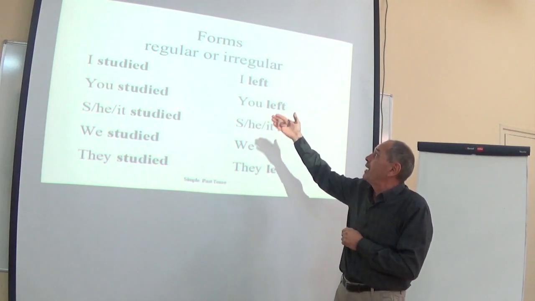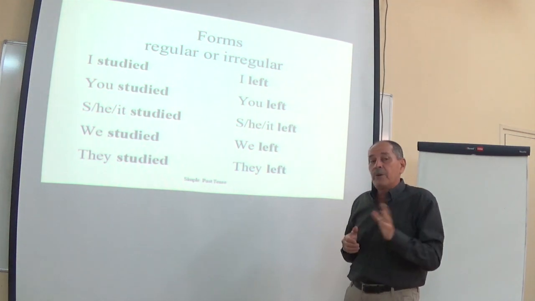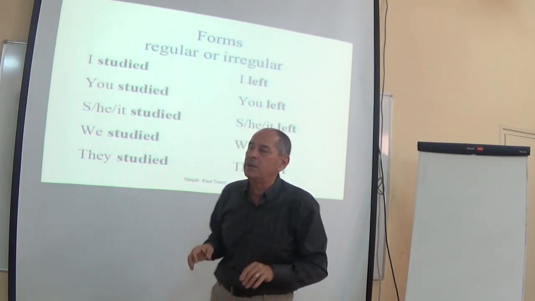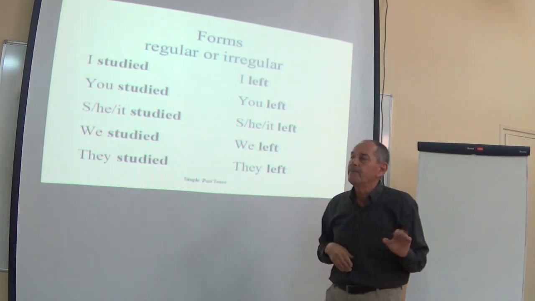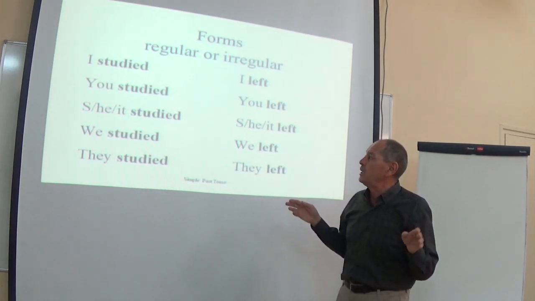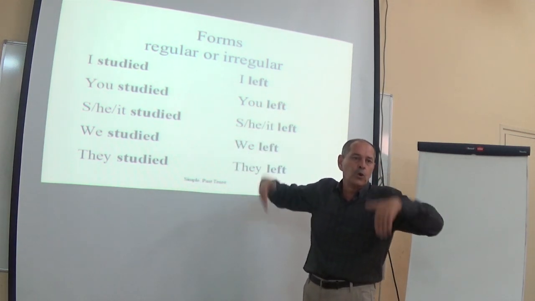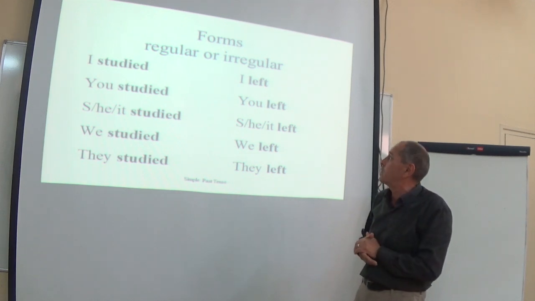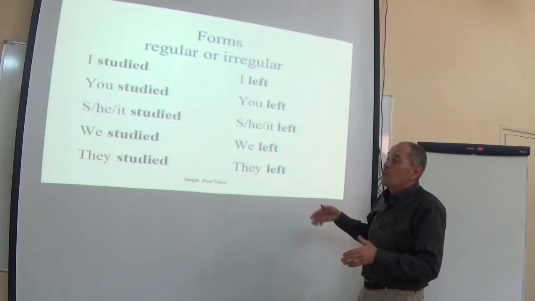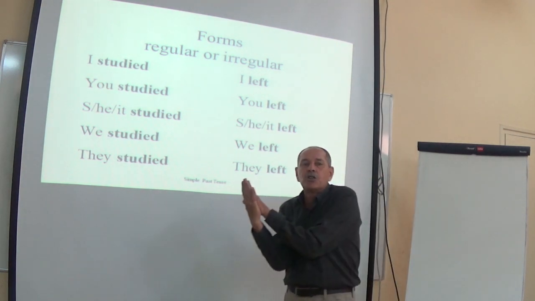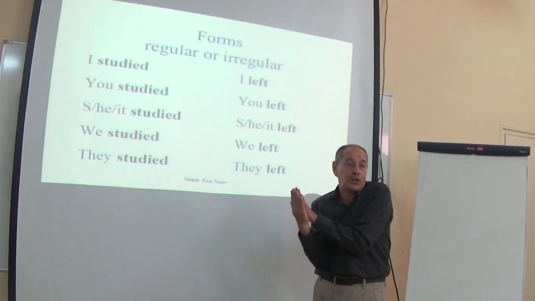We have two forms, regular or irregular. Regular forms mean you have the stem and you just add ed. I study, I studied, you studied, she, he studied, so it's always ed with all the pronouns, all subjects, it does not change. And we have irregular forms, just remember the lists you have at the end of your books.